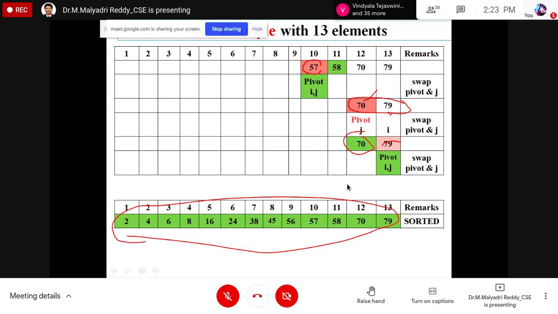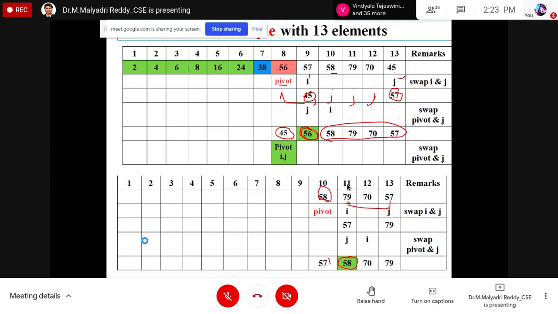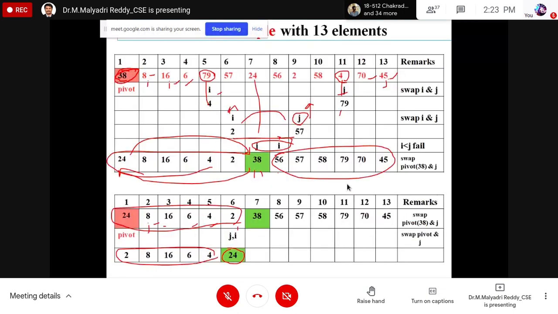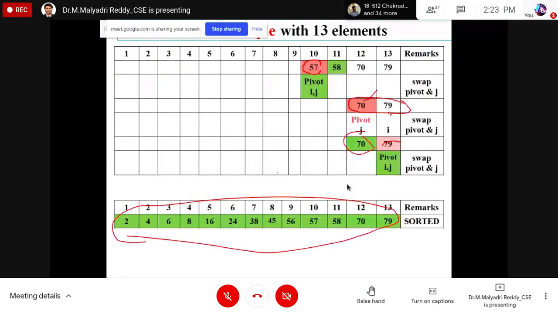So what have we done in this one? Mainly, first we choose the total array of elements, and first we choose the pivot element. From the left side the ith value is moving, from the right side the jth value is moving. The ith value represents a smaller value, the jth value represents a greater value. While comparing, if there is any disturbance, that means if in the ith position any greater element is there, it will be replaced with the smaller element of the j. The same procedure repeats until the complete elements are sorted. This is the sorting technique of quick sort.